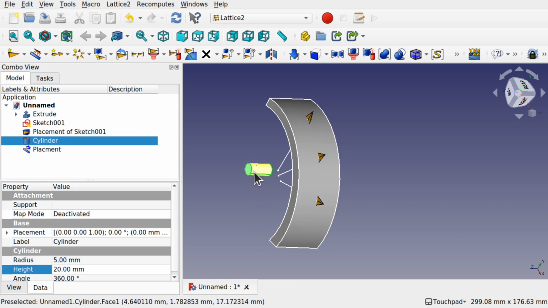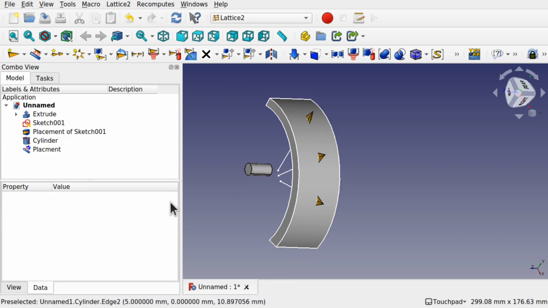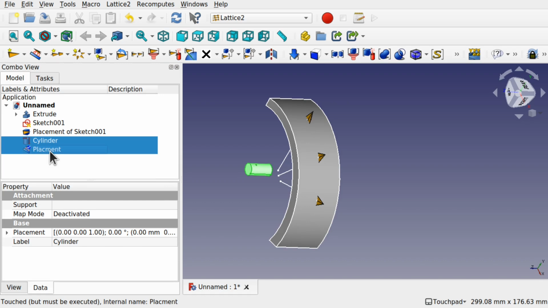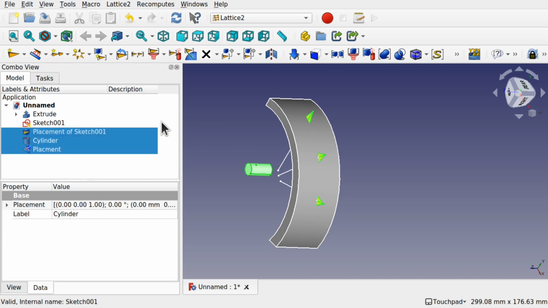I'm not going to hide this actually, we can select it from the left hand side. So we've got to place this cylinder at each of these kite positions. We'll use Lattice2. So to do that, we need to first select our object, which is the cylinder, its placement, and then the placement of sketch, so where it's going to, in that order. Go up to Lattice2,